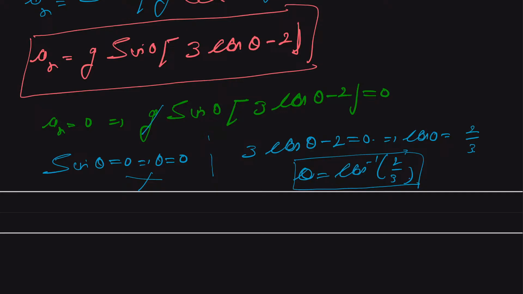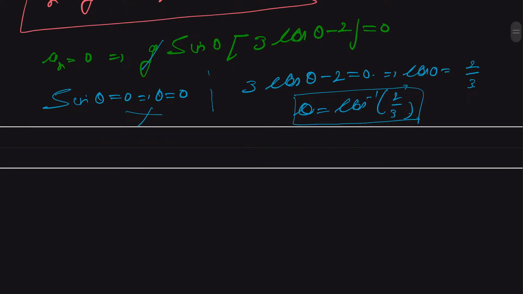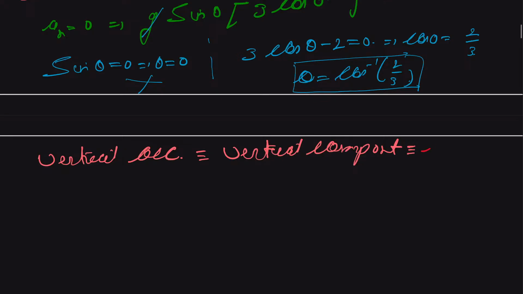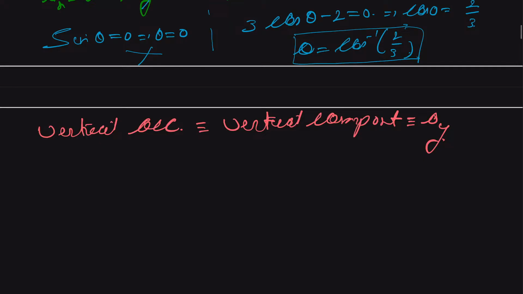Okay. Now we come to our vertical acceleration at this particular point. So you can say vertical acceleration, which will be nothing but our vertical component, and suppose the vertical component is represented as a of y, then we can say that our a of y,